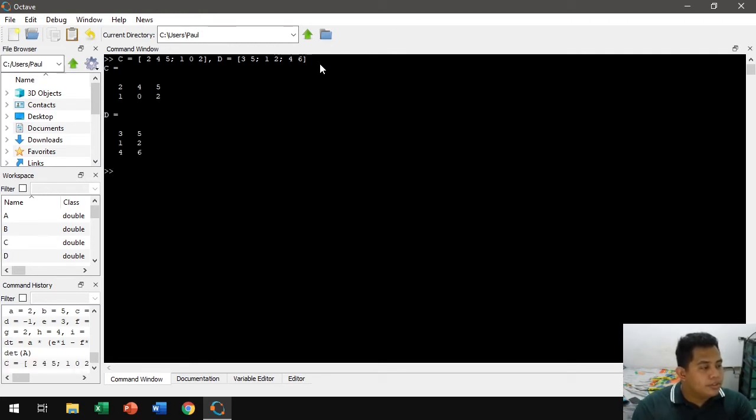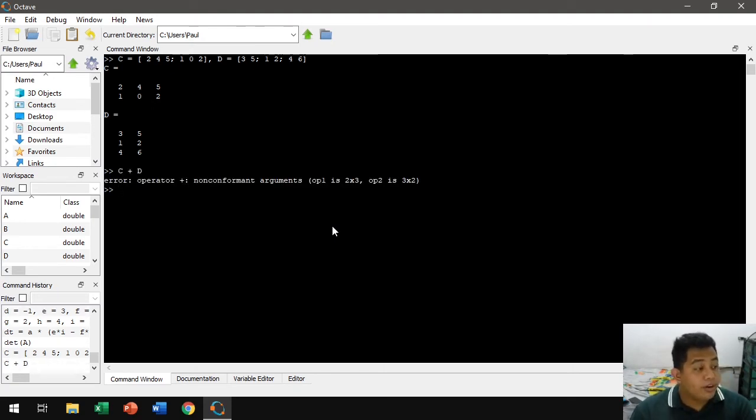Enter. Okay, so we got it correct. 2 rows, 3 columns for C, and for D, 3 rows, 2 columns. Now let's try adding and subtracting these matrices. So, it's C plus D. Error.